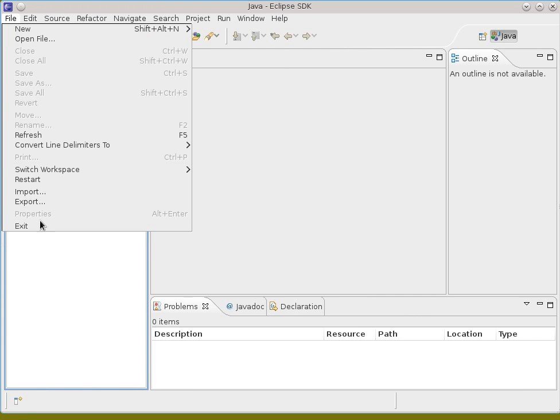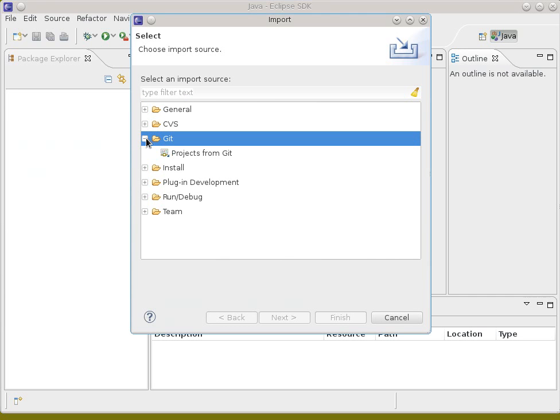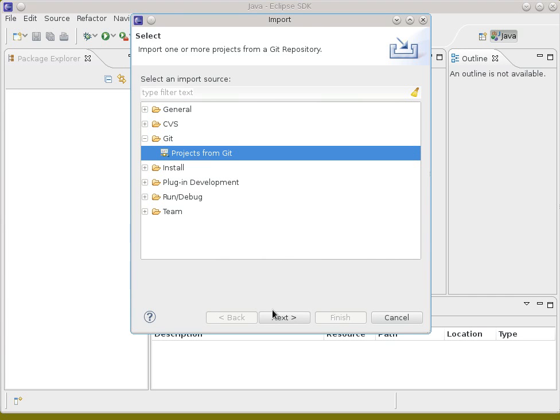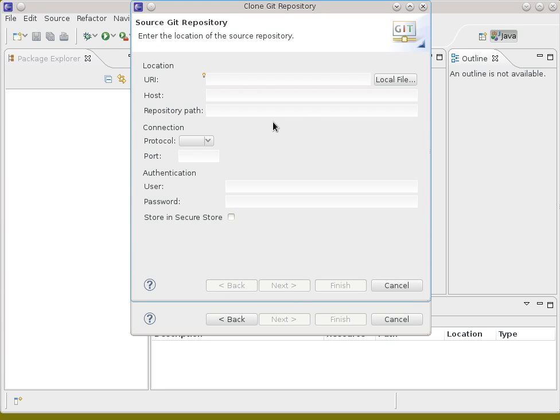And I'm going to do File, Import, Git, Projects from Git, click Next. Sometimes you'll see a URI in here, sometimes you'll see Clone. It depends on permissions again. And all I'm going to do is, when I see that dialog box, paste in all of